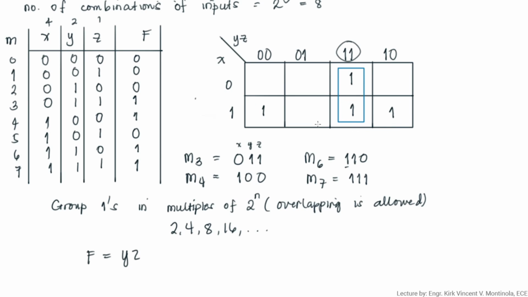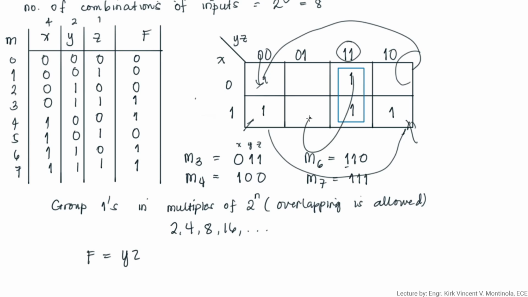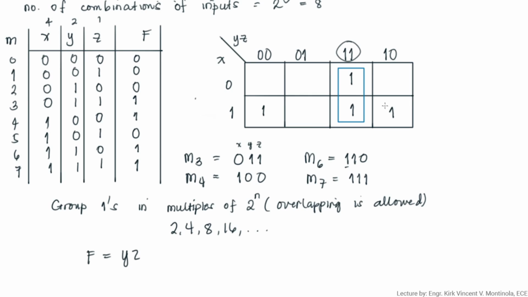Okay, so one of the best properties ng ating Karnaugh map is that ang kada dulo nito, itong mga corners na to, is connected dito. Then connected din dito. Then yung ito, connected din doon. Pag ganyan. So ano siya, nag-wrap up lang siya. So naikot lang siya. So what are we going to do for this grouping class? We group this one. Yan. Tagos siya dito. Okay.